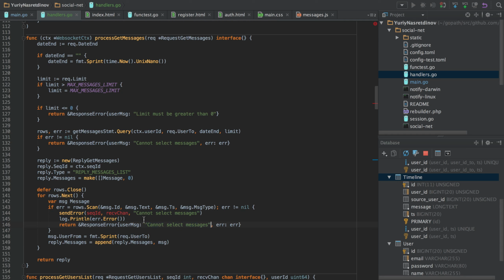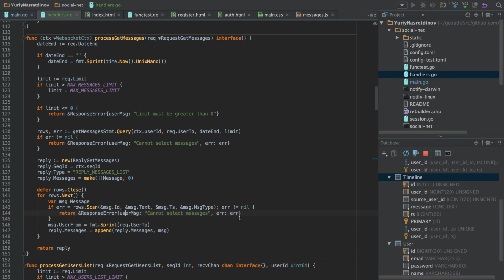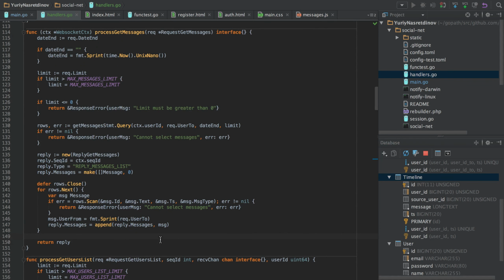So we return cannot select message. So we return user messages, and it is cannot select messages in our case, and now we don't need to log the error ourselves, we just return it.